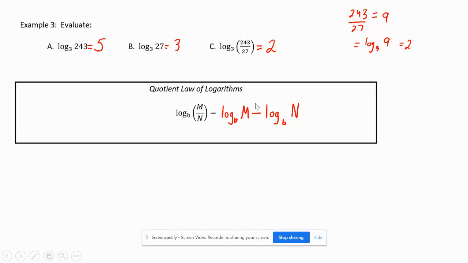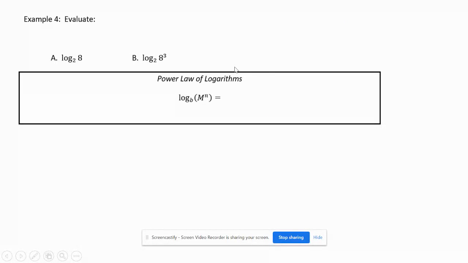So these are the product and the quotient law so far. Okay, so for this guy here, we have log base 2 of 8 and log base 2 of 8 cubed. We know that log base 2 of 8 is 3, since 2 cubed equals 8. Now, 8 cubed, let's use my calculator here,